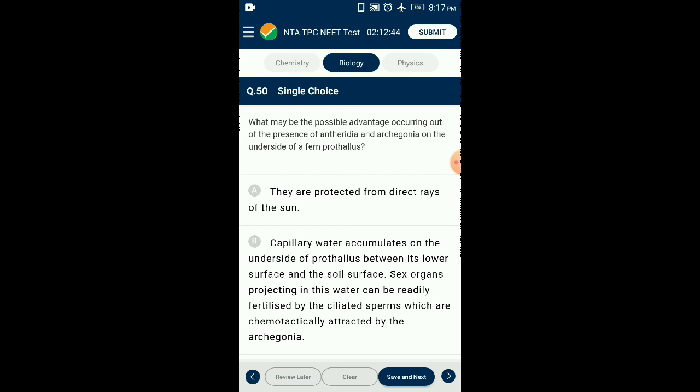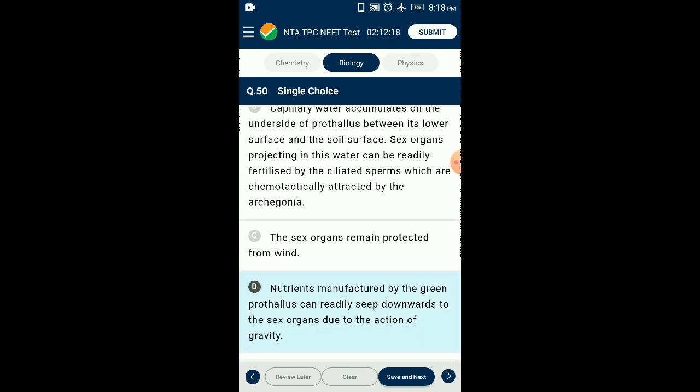Antheridium and archegonium are the male and female sex organs that produce male and female gametes. In most classes, the male gametes are the antherozoids, with more than two flagella or cilia, and are generally spirally coiled. A single egg is present in the venter of the archegonium. So the answer for this question is option D.